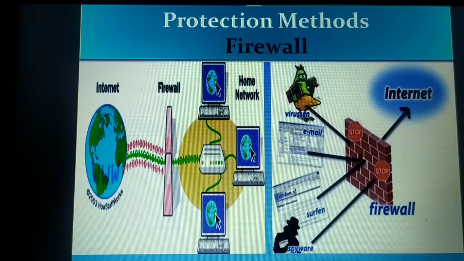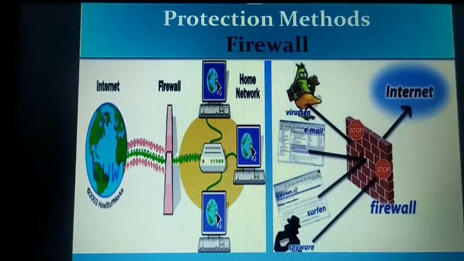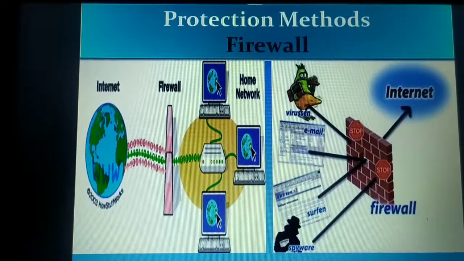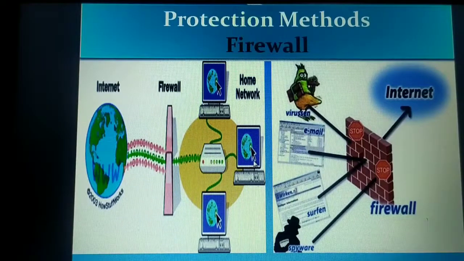In the case of the application gateway firewall, the firewall will apply security mechanisms to specific applications such as FTP, that is file transfer protocol, or telnet servers. This application gateway firewall is very much effective, but it can impose certain performance degradation. I'll explain this with an example. Suppose you want to watch some online video, or download a video from YouTube. When you request a particular video from youtube.com,